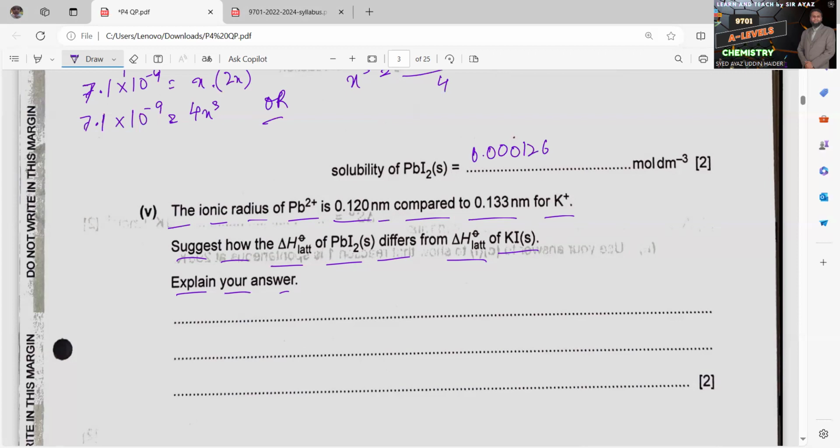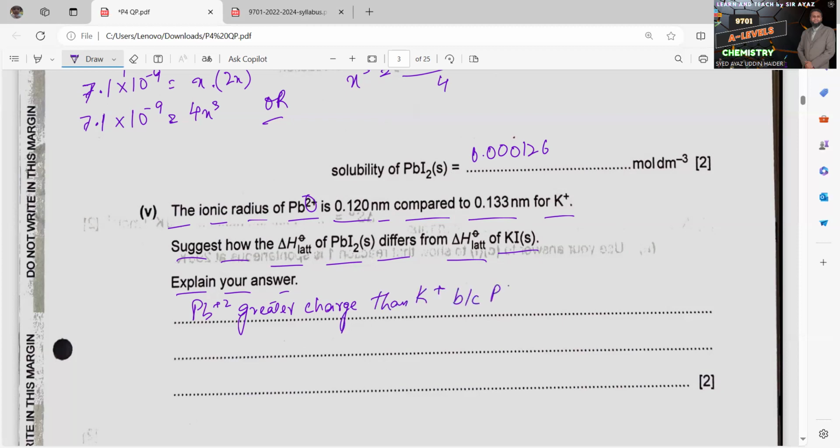The ionic radius for Pb2+ is smaller as compared to K+, and furthermore it has greater charge as compared to K+. So you can write Pb2+ has greater charge than K+